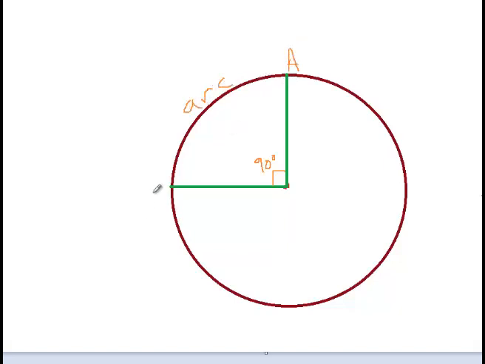This arc, let's say arc AB. The way we would write this, by the way, is AB with a little arc on top. So you call this arc AB. We're not talking about line segment AB. If we wrote AB with a line segment, then we would be asking what is the distance from A to B. Distance from one to another is always the straight line. But that's not what we're asking. We're asking for the measure of degrees